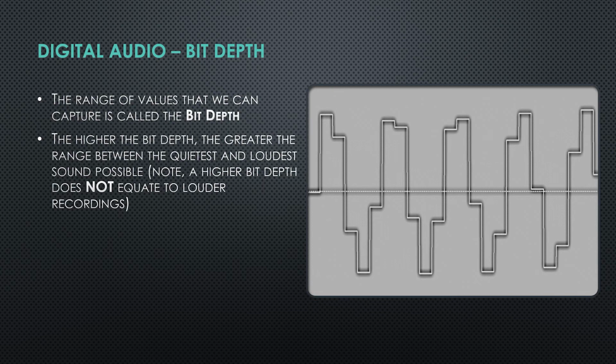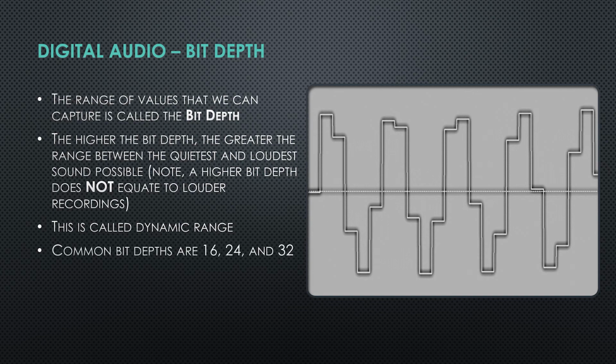The higher the bit depth, the greater the range between the quietest and loudest sound possible. Note, and this is tremendously important, I see this issue frequently, just because you have a higher bit depth does not mean you have louder recordings or louder sounds. The theoretical maximum loudness is not determined by bit depth. The bit depth only determines the range of your amplitude. Again, think of the light bulb. If we had 1 bit audio, it would be on or off. Doesn't mean that the light bulb being on gets any brighter just because you add a dimmer switch, right? Same thing with audio. Just because we add steps in between 1 and 0 doesn't mean things get louder. It just increases our range. This is called the dynamic range between the quietest sound and the loudest sound.